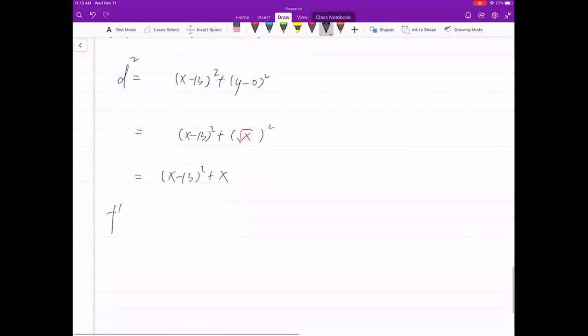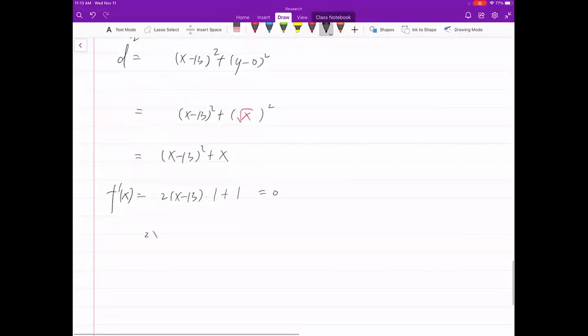Okay, f prime x equals 0. This gives you 2x minus 26 plus 1 equals 0. X equals 2 over 25. And then y equals